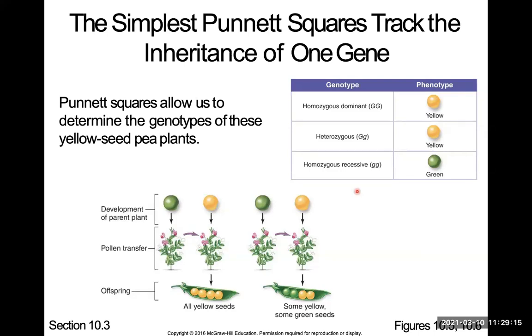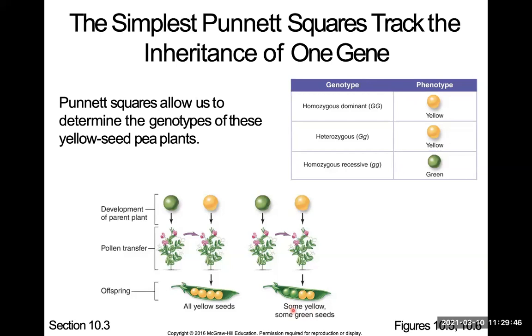I'm going to keep using pea plants because that's what we've been talking about. So here it says there are 2 plants here. One is with the green and then the other one is with yellow. Once the reproduction happens, this is what you get for the offspring. But here, same thing, you still have a green pea plant, I've been saying seed plant too much, and a yellow pea plant, and once they get fertilized or pollen transfer happens, then this is what